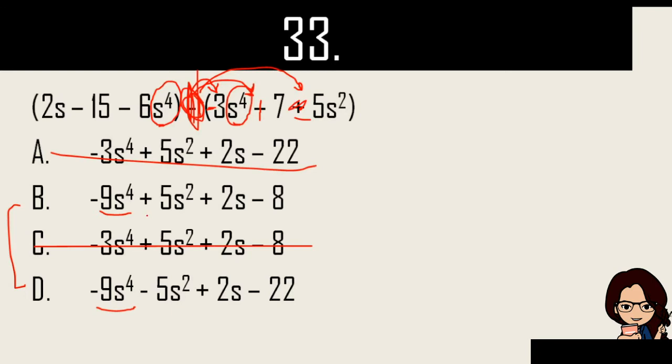Pwede kang mag-start dito kasi magkaiba sila ng sign. Or, an even better na thing na gawin would be to look at yung dulong number. Kasi wala nang SS o XX yan. Regular whole number lang yan. Okay? So, titingnan ko dito, ito yung whole number nito, negative 15. Ito, positive 7. So, ang sagot, okay, would be, dahil magkaiba sila ng sign, subtract mo, 15 minus 7 is